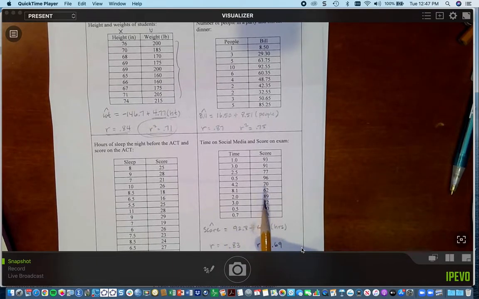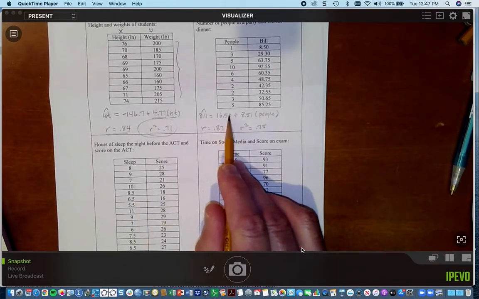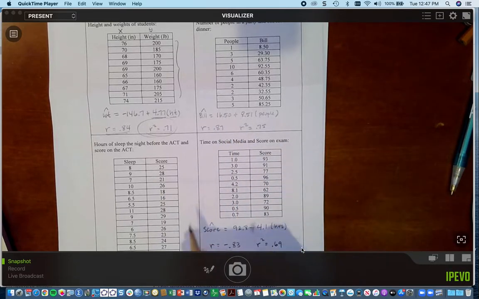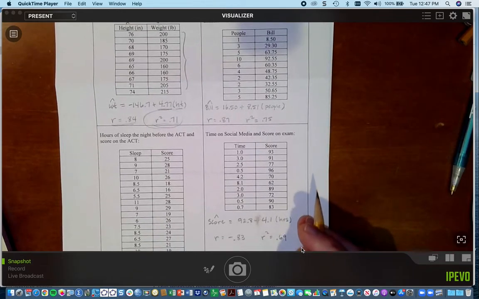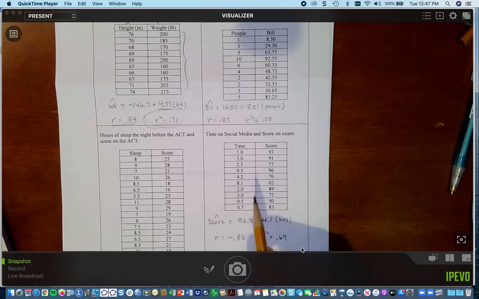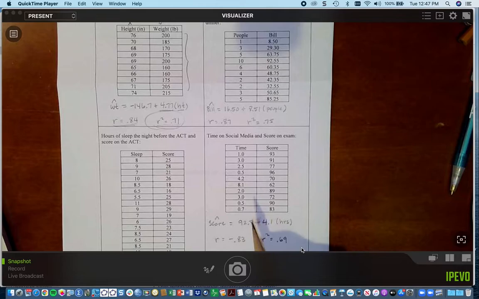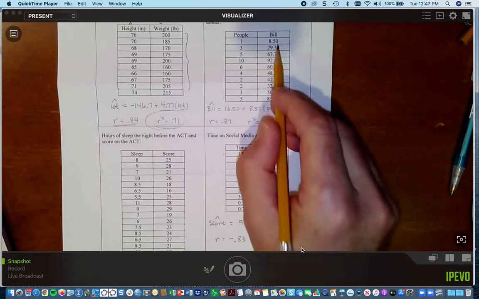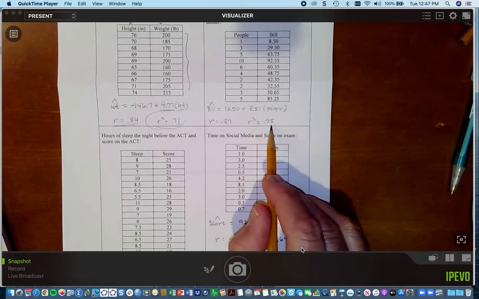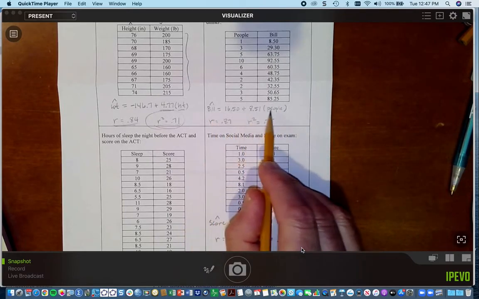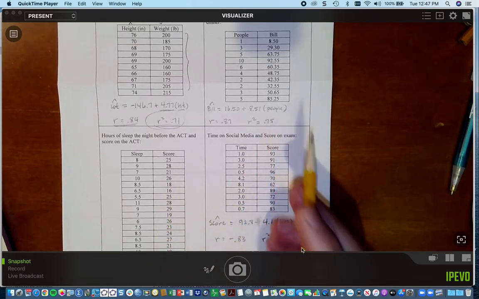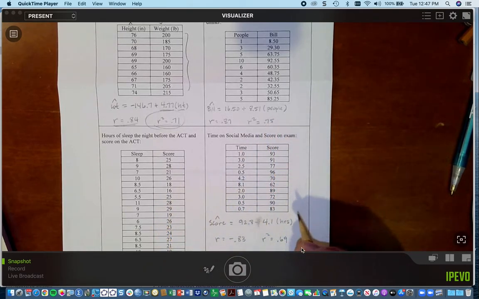Okay, and then also if this was a buffet, we'd expect that number to be 0. It would just be the number of people times whatever the price is per plate, assuming that they don't charge extra for drinks and stuff like that. Okay, so 75% of the variability in this bill can be attributed to a linear relationship to the number of people that ate. So the other 25% would be, we're not at a buffet, so I guess it's,